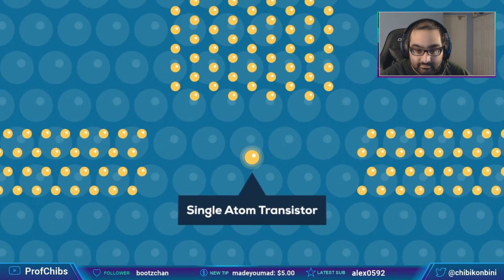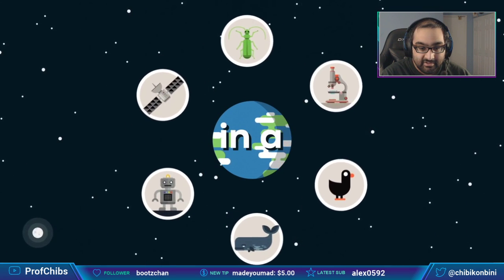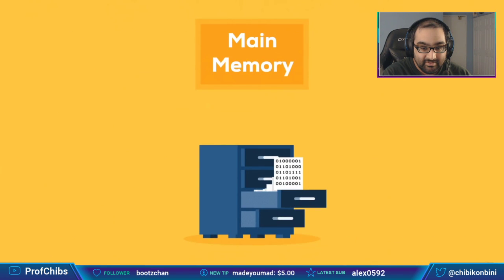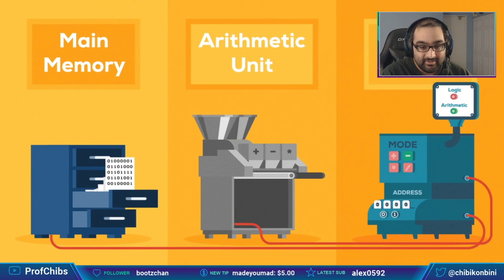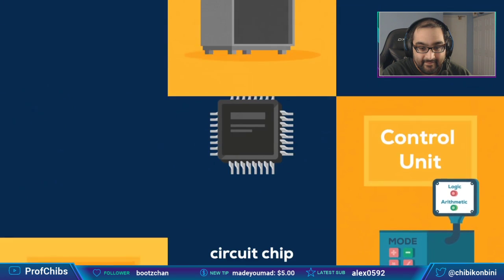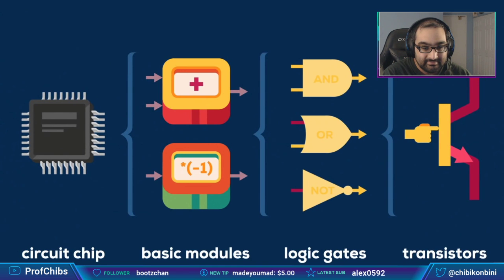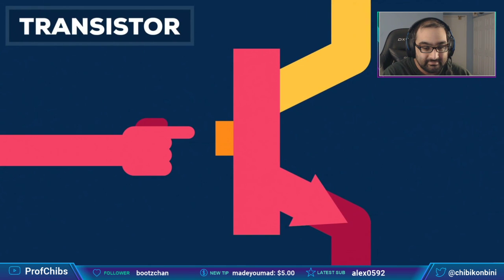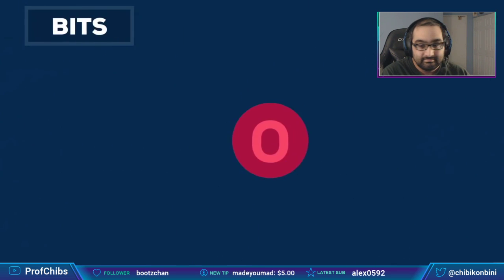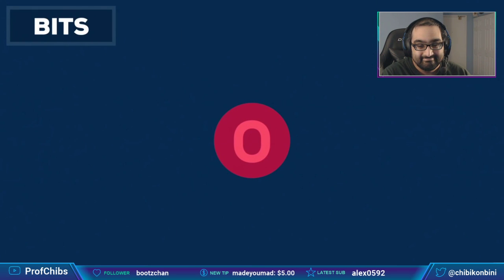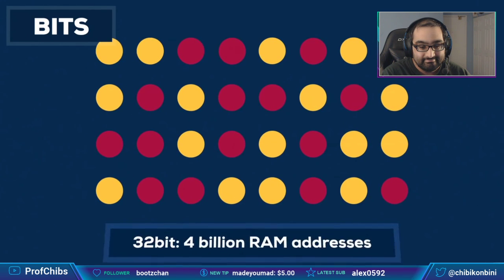To understand why this is a problem, we have to clear up some basics. A computer is made up of very simple components doing very simple things, representing data, the means of processing it, and control mechanisms. Computer chips contain modules, which contain logic gates, which contain transistors. A transistor is the simplest form of a data processor in computers, basically a switch that can either block or open the way for information coming through. This information is made up of bits which can be set to either 0 or 1. Combinations of several bits are used to represent more complex information.